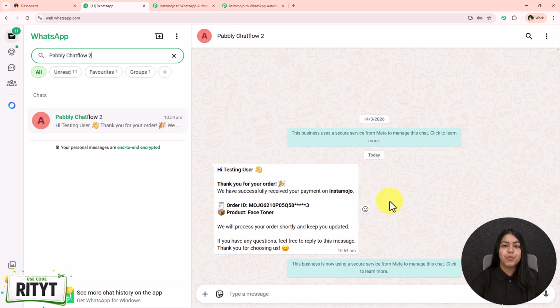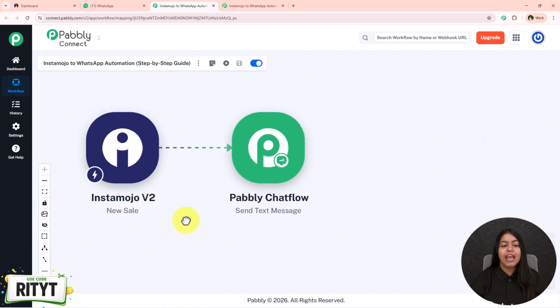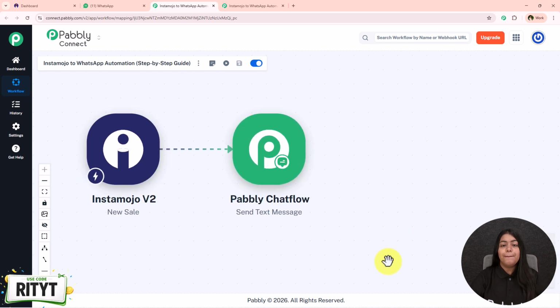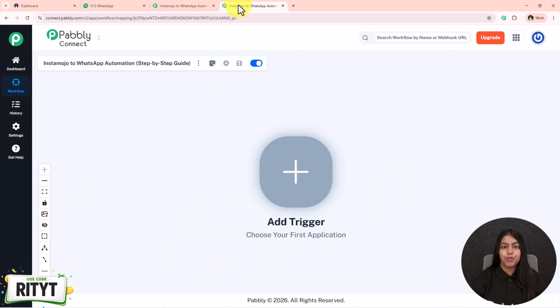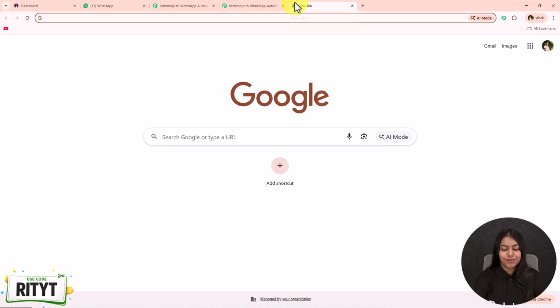This is the message which I want to send, and let's see how we can create this automation and send automated messages on new Instamojo payment. For that, you just have to open your workflow builder inside Pabbly Connect if you are an existing user like me. But if you are a new user, open a new tab and search for